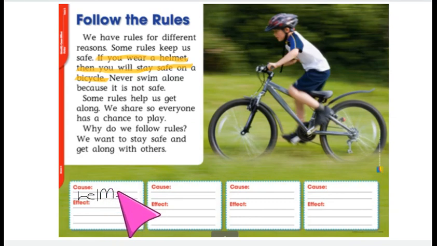That's what happens, or that's why the effect happens. So under cause, I wrote helmet. We put on our helmet before we ride our bike. When we put on our helmet, what happens because we're wearing our helmet? We get to stay safe on our bike. So under the effect, I'm going to write stay